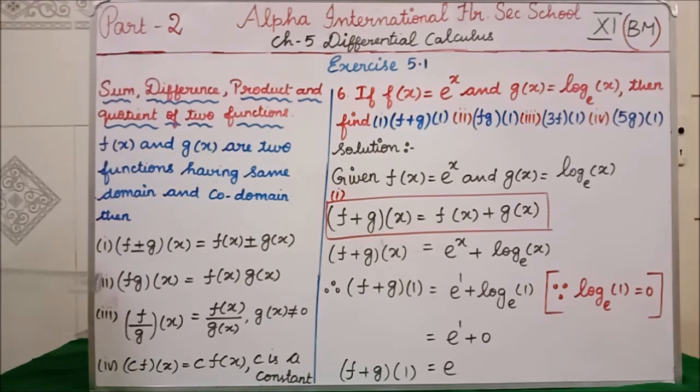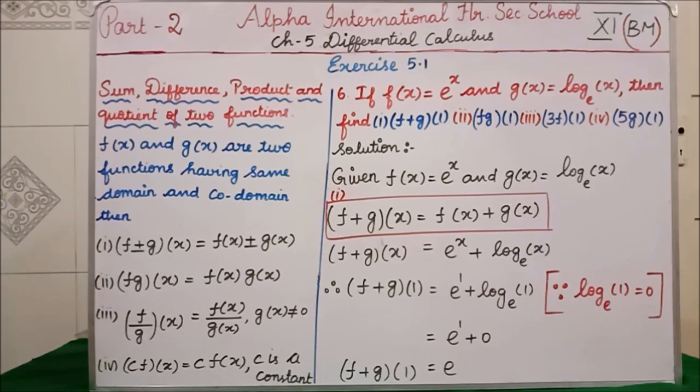The second one is product. The third one is quotient. Quotient means divide. And the fourth one is with a constant. They have given the rules. See, f plus or minus g. This formula is applicable for both addition and subtraction. f plus or minus g of x is equal to, how can we write this? f of x plus or minus g of x. Clear? We can separately apply the functions to x.